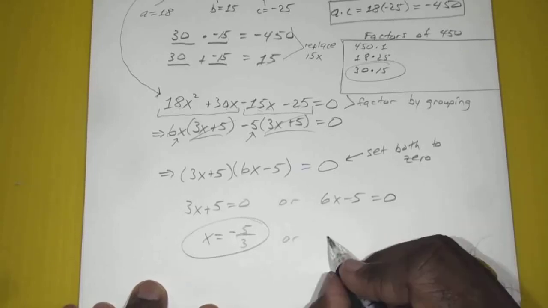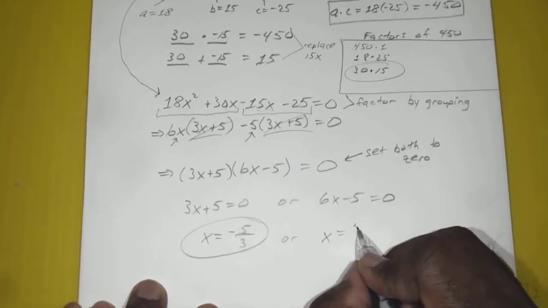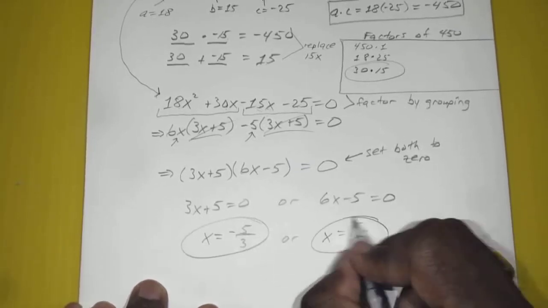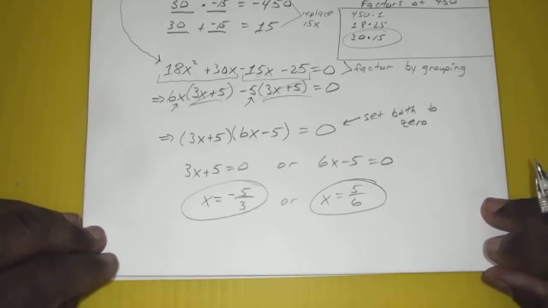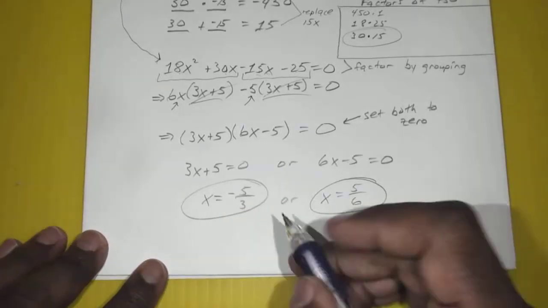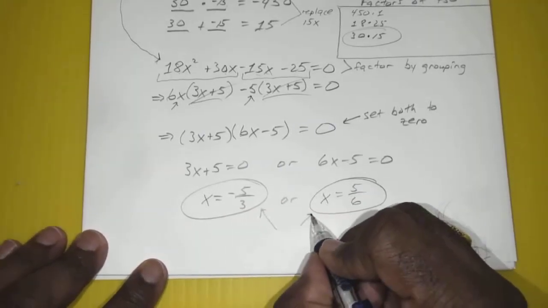Both sides, divide by 6. We have x equals 5 over 6. Okay. Now the only thing is they didn't ask us to solve it. They asked us to find 2 points on the graph. Okay. But we did solve for these two, so we're going to take those two